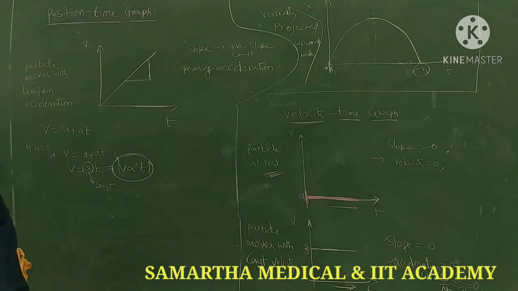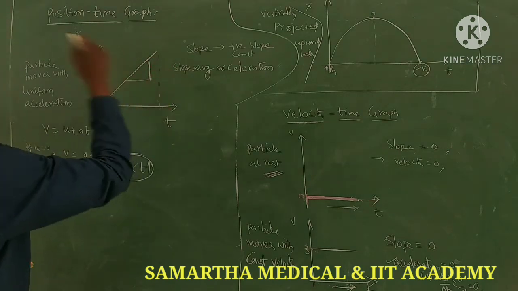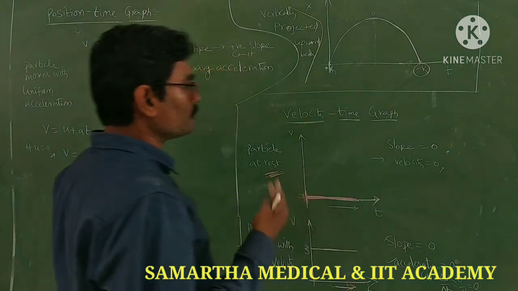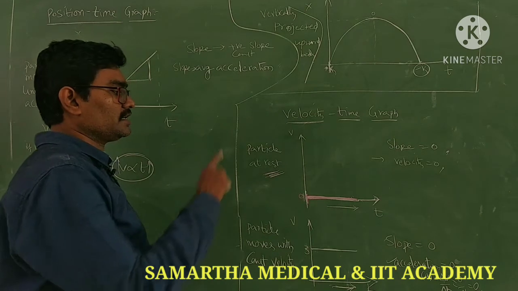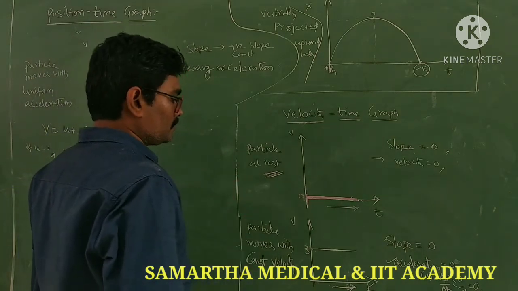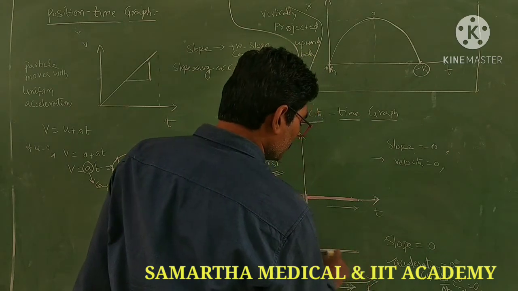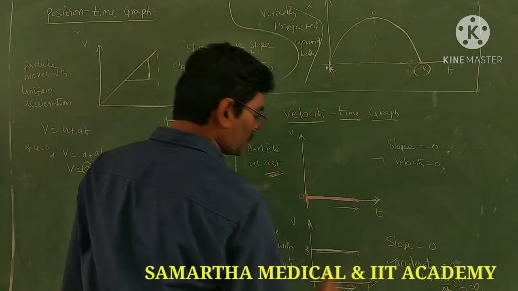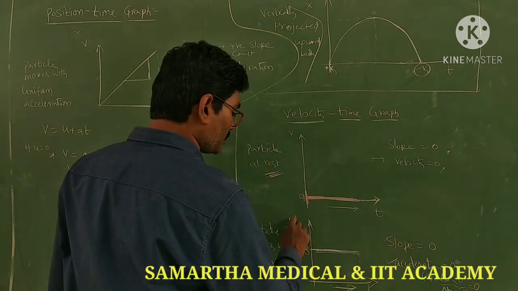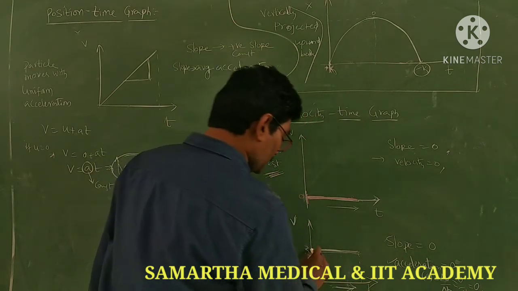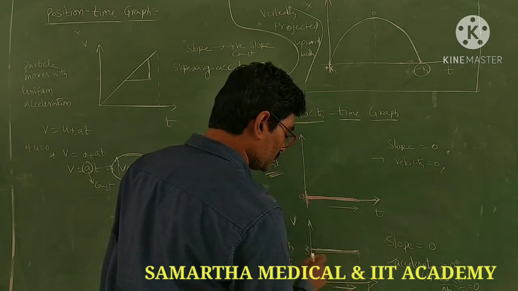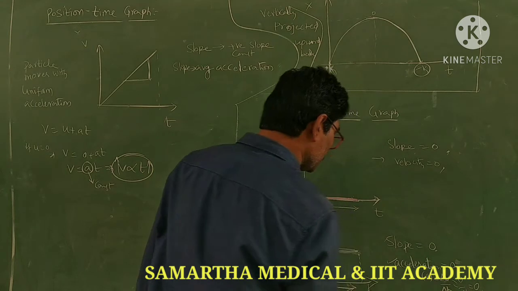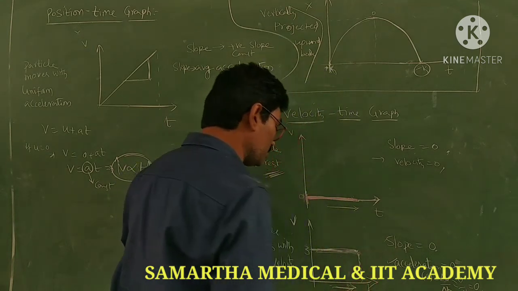At the same time, for the velocity time curve, you can consider the area covered also. For any graph, we can take two quantities: one is area covered and the second one is slope. Till now we considered slope. Here slope is 0, here also slope is 0. But we can calculate the area covered also. If you take the velocity time graph in the previous case, this is a straight line, a particle going with uniform velocity. The slope is 0, so acceleration is 0. But you can consider the area also for this curve.